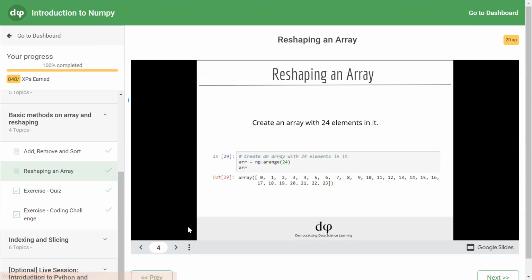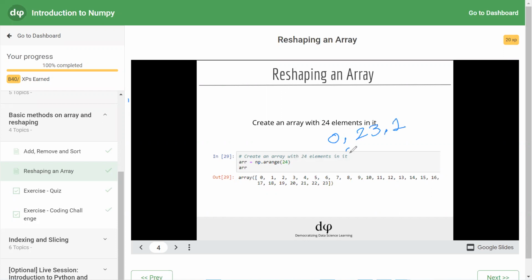We will see examples. We are creating a NumPy array containing 24 elements, with index starting from 0 till 23, using the np.arange function with 24. Since the start index is not given, it will start from 0. The last index is 24, so it will run from 0 to 23, last index minus 1. Step size is not given, so the step size is 1.